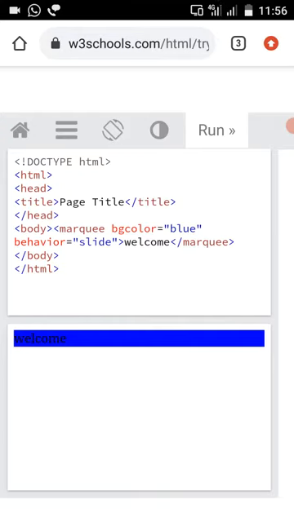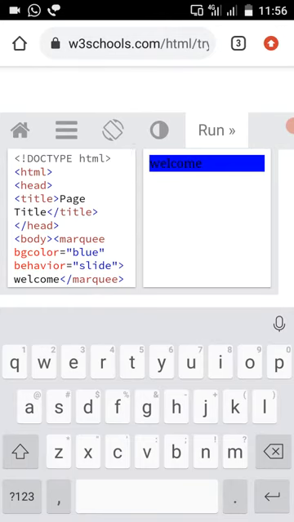In the previous example, the text written in that marquee was scrolled many number of times. But this time, when we apply the behavior as slide, it will slide only once. Let us see the output again so you may understand better. Again I am running this program.